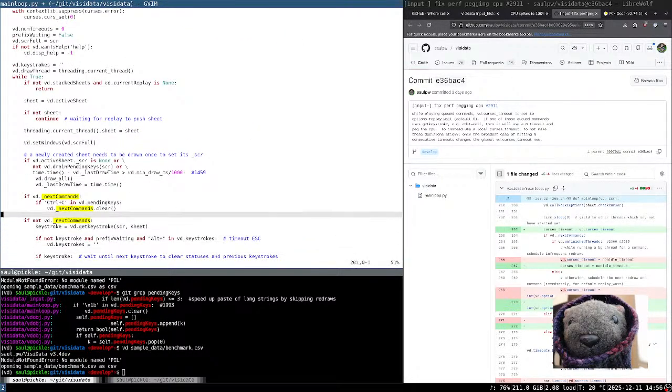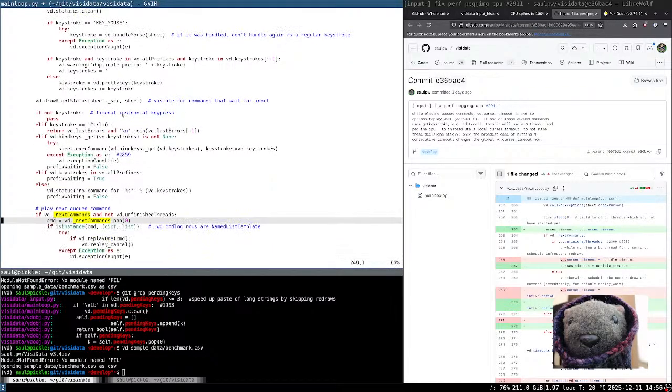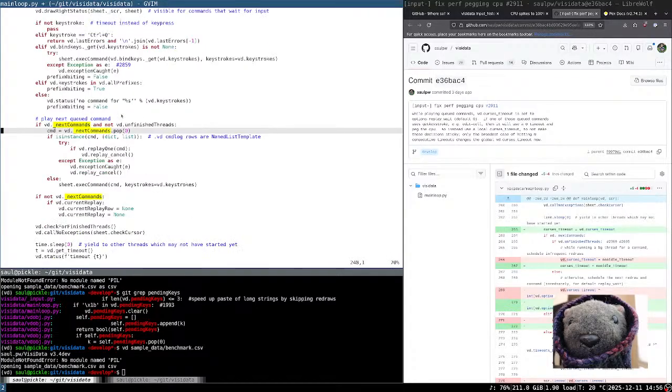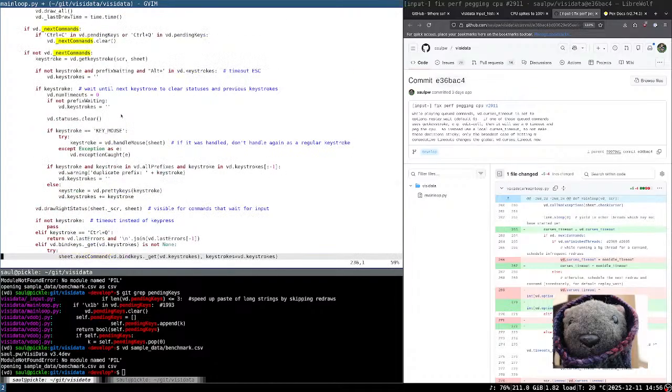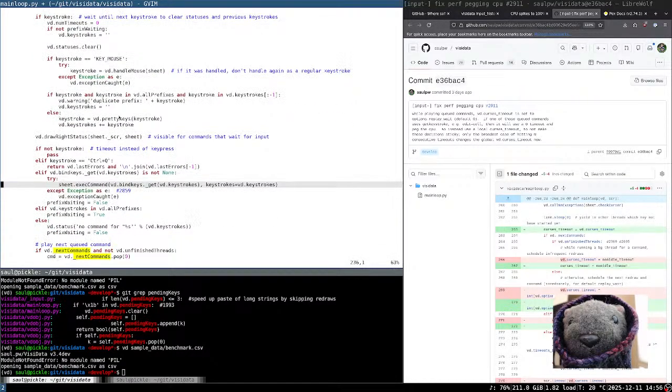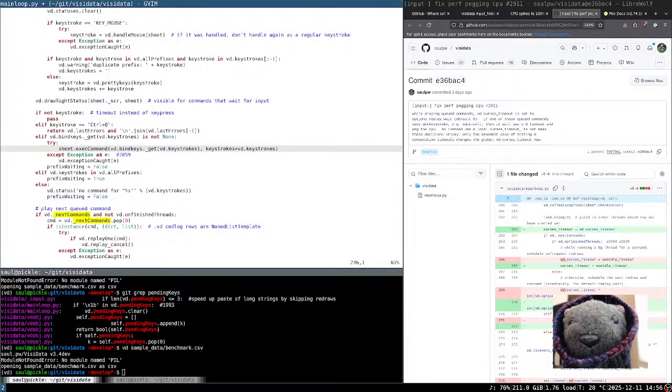Actually, it would be Control C or Control Q. Two special commands or keystrokes. And so now we skip that. Now here we go. If